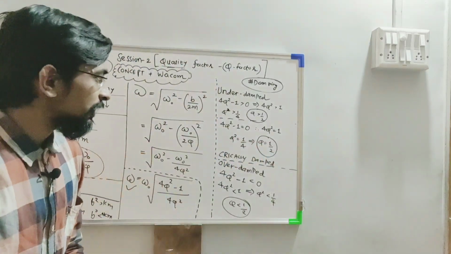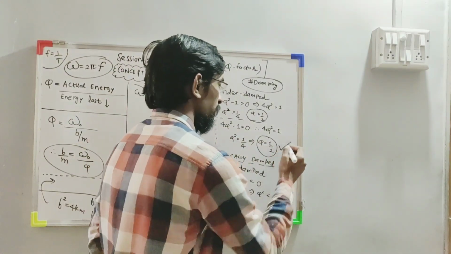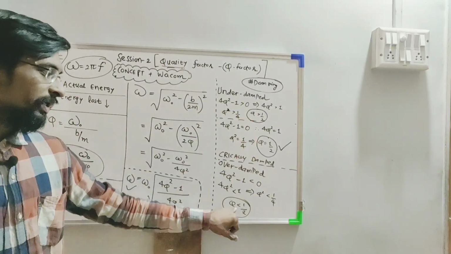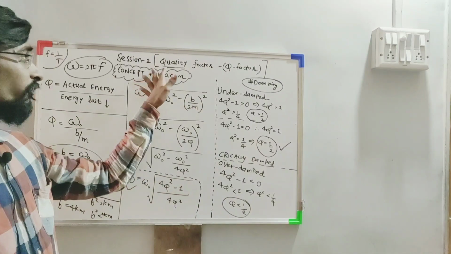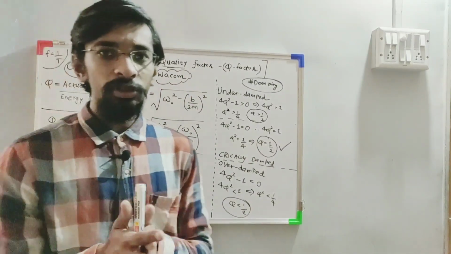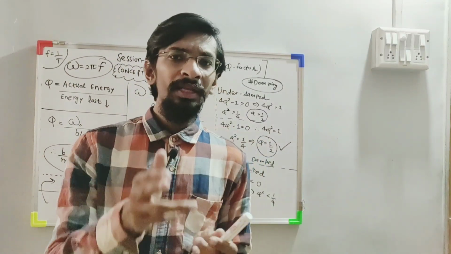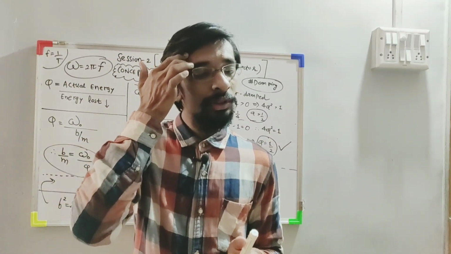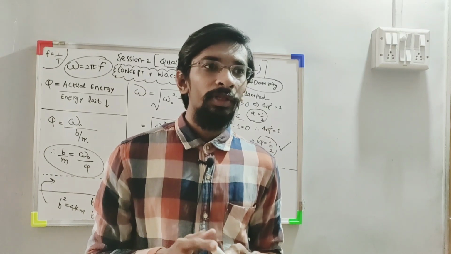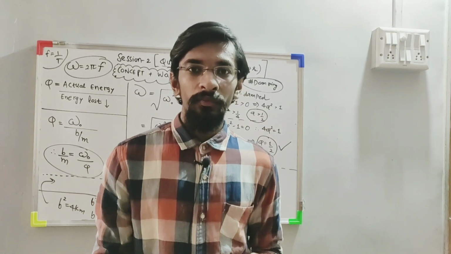Okay, so this condition Q equal to half is very important for a critically damped situation. Q greater than half for underdamped, Q less than half for overdamped. What is Q? Quality factor. The concept is the ratio of actual energy divided by the energy lost. Okay, and that cantilever thing which we had in the raw content, that can be used for